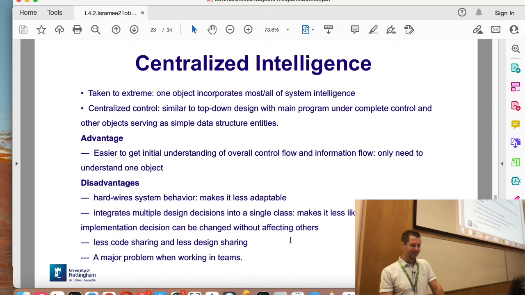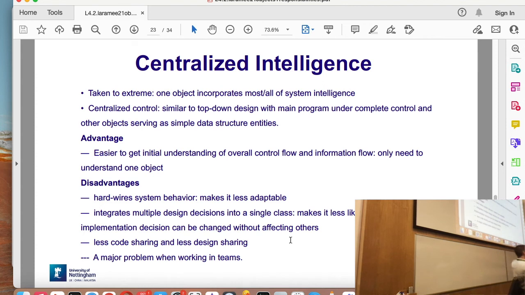The CIA, if you had one object and it had every method and every member variable in it, it would be centralized intelligence, right? That's the extreme end of centralized intelligence. There is an advantage to having a program that's just got a start and a finish, and it's 10,000 lines long. You can find such examples, they do exist.